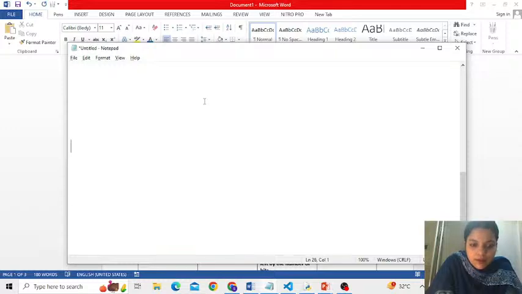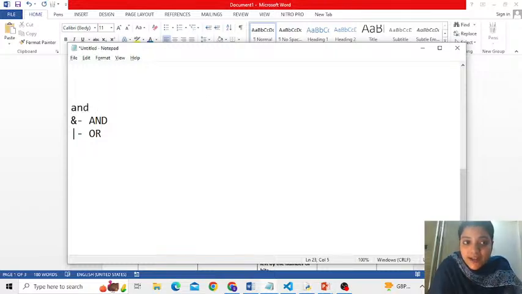Namely, ampersand, which is called the AND bitwise operator. Pipe, or a pipeline, which is called the OR bitwise. People, this AND and this OR are not the logical AND and OR. No, they are not like that. It's wrong. This is called a bitwise AND and bitwise OR.